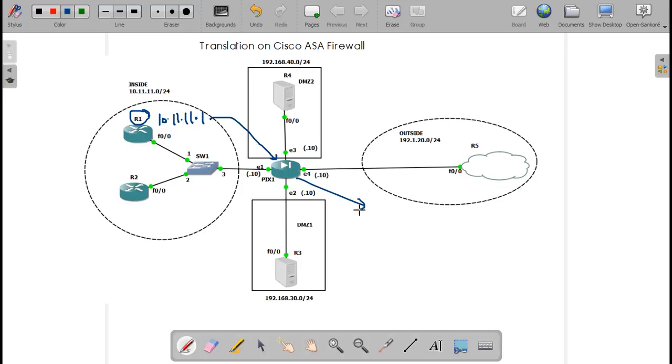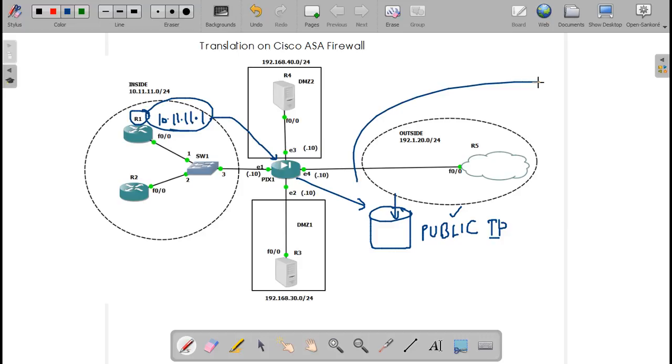On the firewall we will create a pool of IP addresses, and in the pool we'll keep public IPs. Why public IPs? Because public IP addresses are routable on the internet. So this private IP will change into one of the public IPs available in the pool, and then we'll send that packet out on the internet, so that the same packet can return back. Again it will be converted back to the same private IP. It will happen something like this.